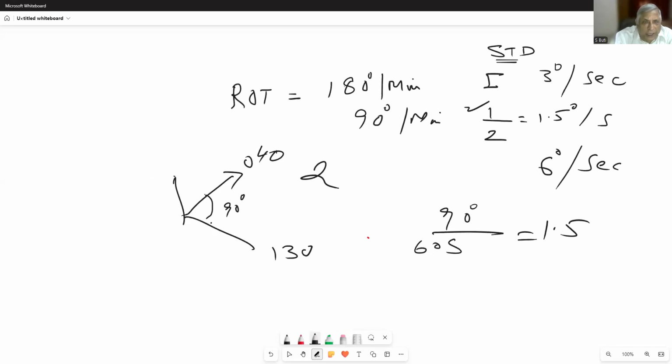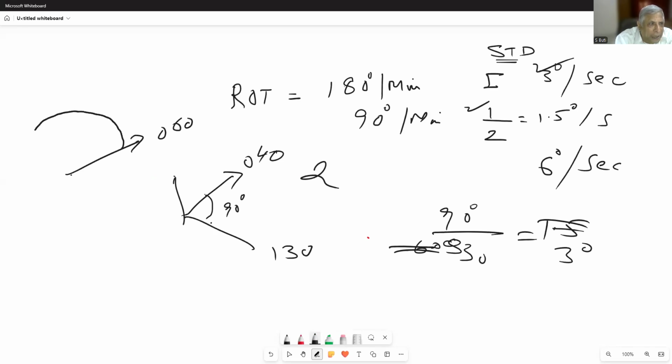If it takes you 30 seconds, you are turning at 3 degrees per second. Tell him that I'm turning at rate 1. Or he may ask you the other way around, that this is your direction 060. You are turning left at rate 1